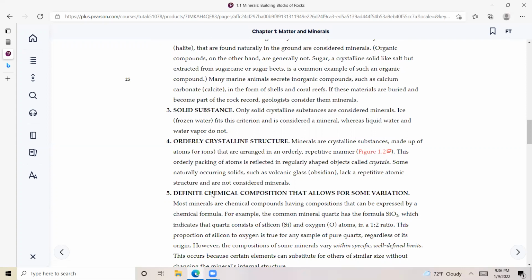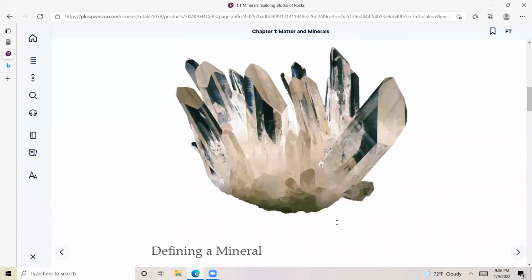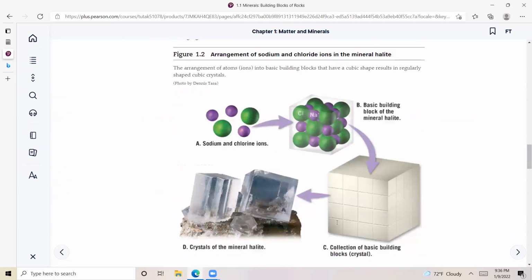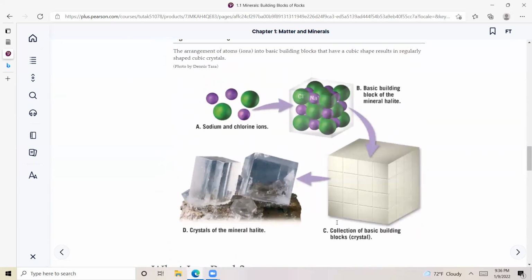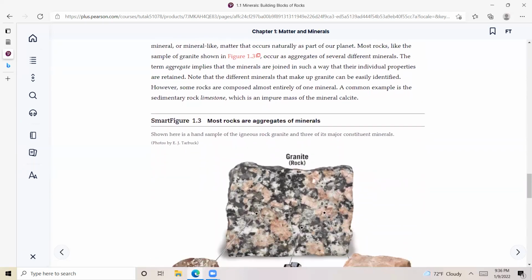Water, for instance, is not a mineral because it's liquid, but it has a chemical composition, H2O. For instance, quartz that we saw here is composed of silicon and oxygen. So it has two elements in its structure, and the chemical composition is SiO2. So that's quartz. I want you to read this section in detail, and then you need to define what